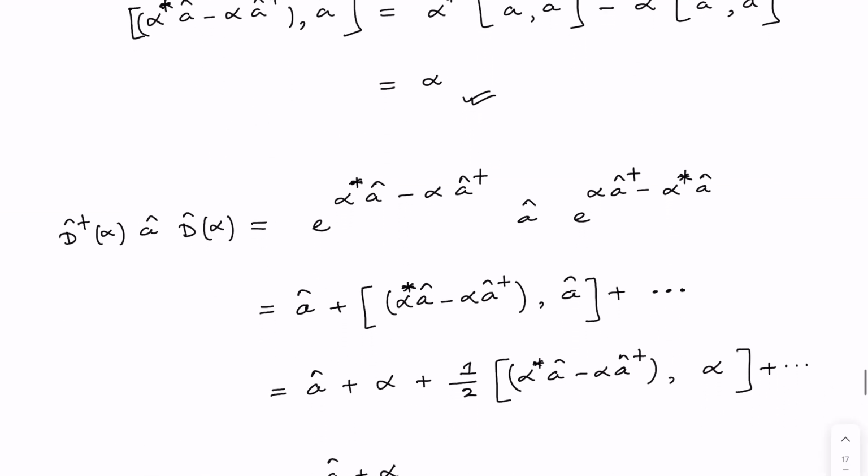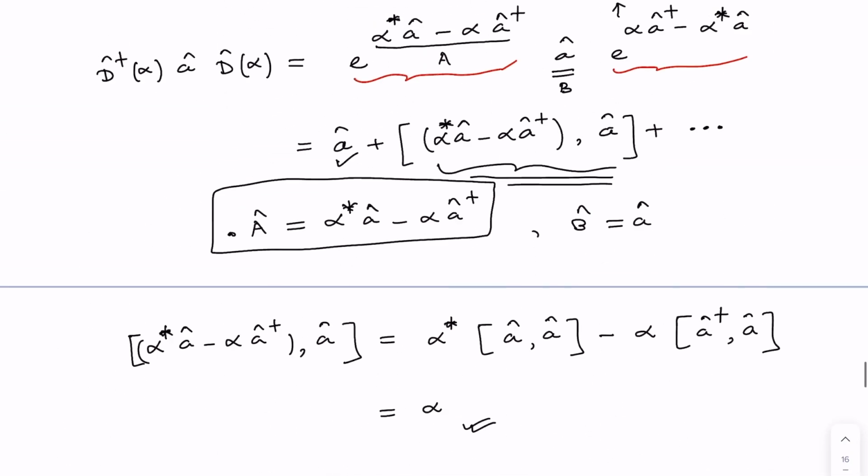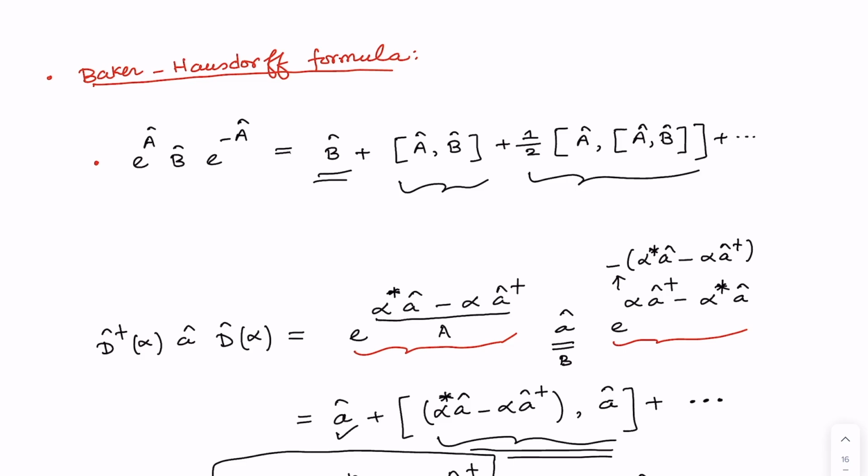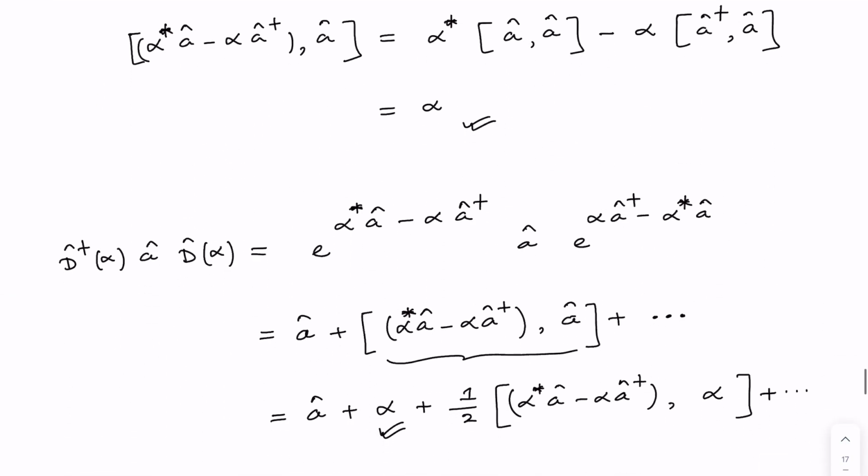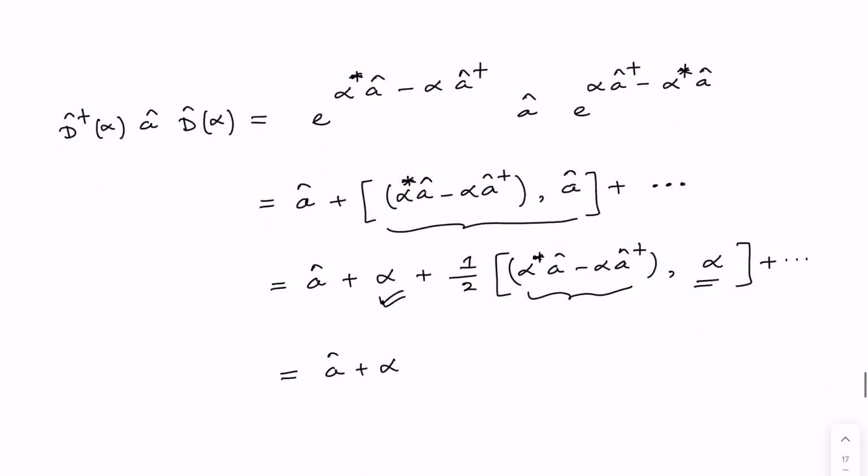Then D dagger alpha a D alpha, this one you can expand, and here you have this alpha. And then because you know the commutation between A and B, you can also implement this term. So A is this particular term, the AB commutation is going to give you alpha, and as you can see this is a constant term, so this commutation relation is going to give you 0, so you will be left with this expression which we actually wanted to show,